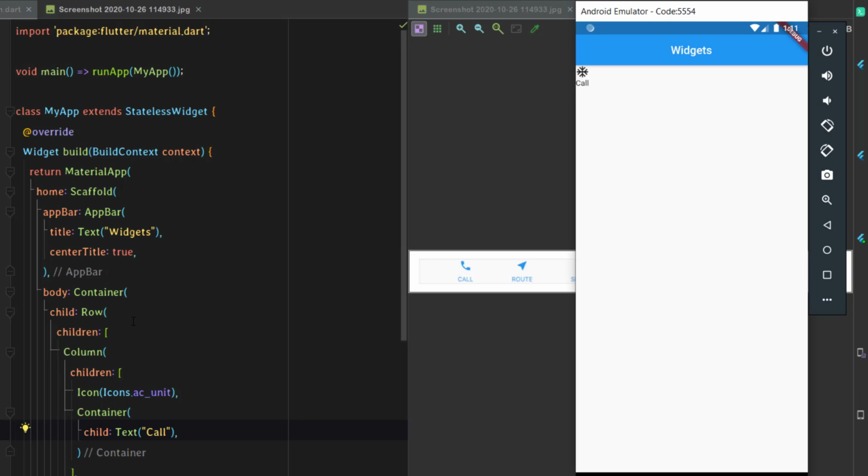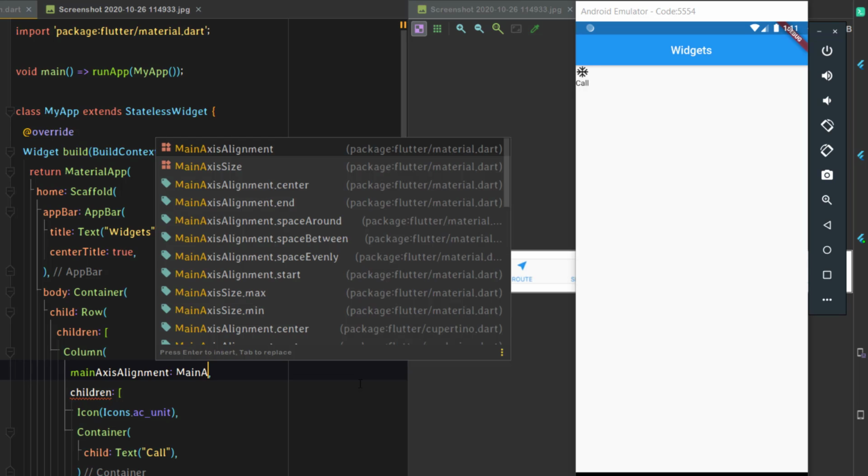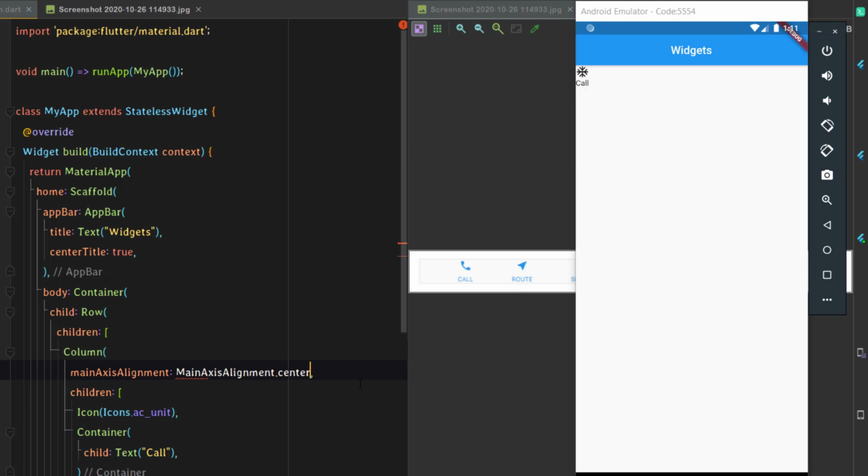What we will do is, for this column, we'll set main axis alignment, that's the y coordinate, to the center. Just save this, and now we have it at the center.